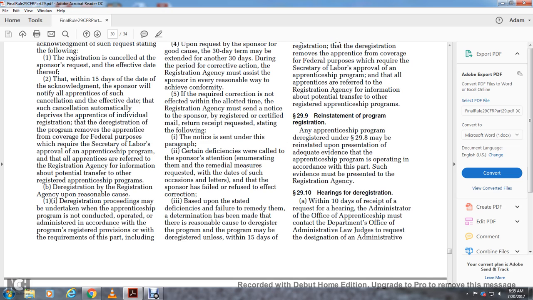Deregistration by the registration agency with reasonable cause. Deregistration procedures must be undertaken in accordance with the administrative provisions for the apprenticeship program registered under the requirements of this part, including